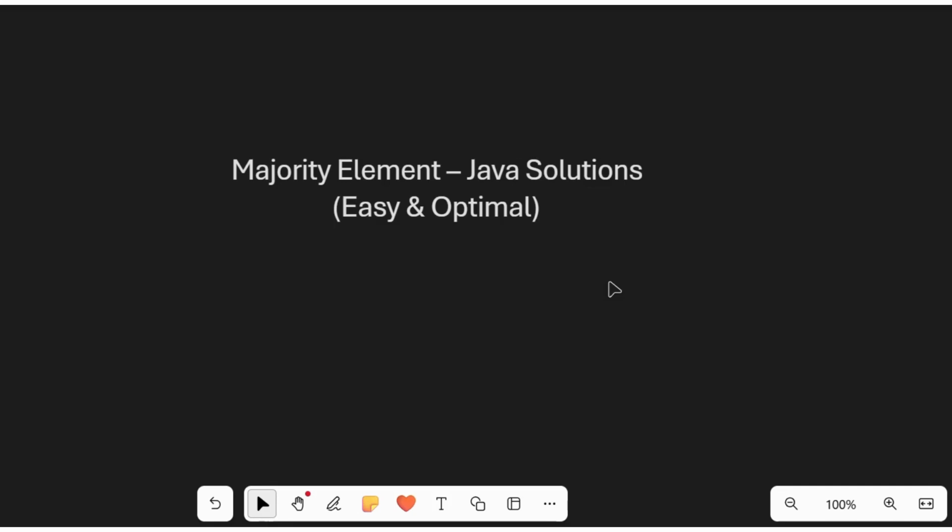Today we are solving an important coding interview question, finding the majority element in an array. This is a super popular question in companies. We will solve it in two ways. First is the basic approach using a hash map, and in the second approach we will use the Boyer-Moore algorithm, which is